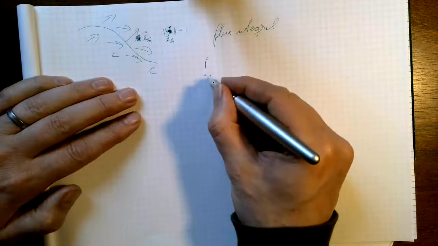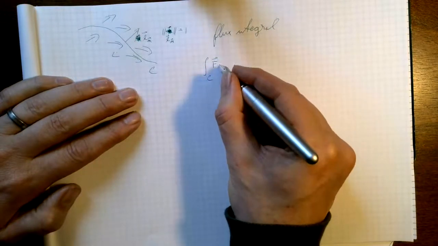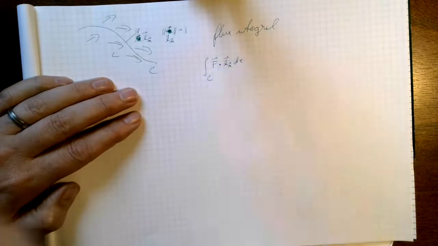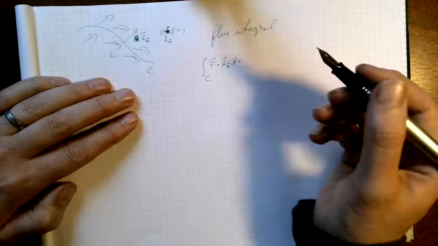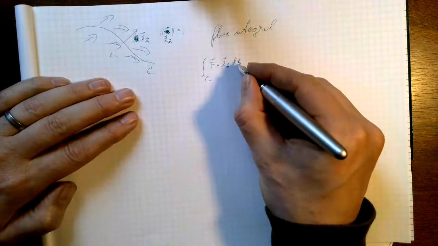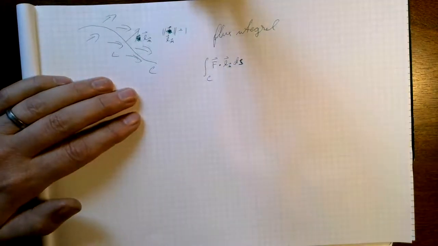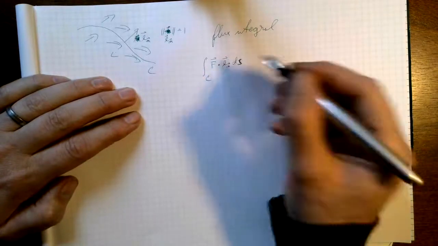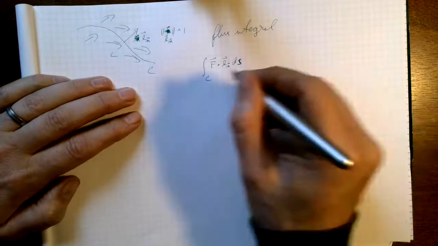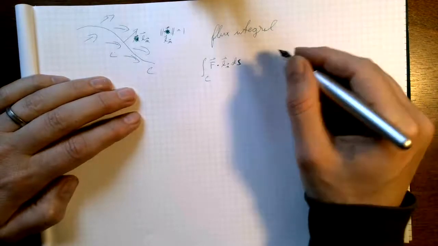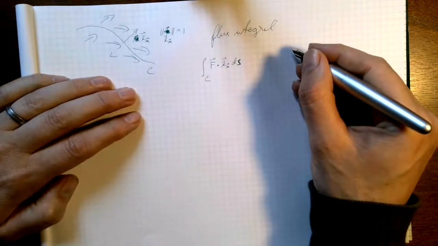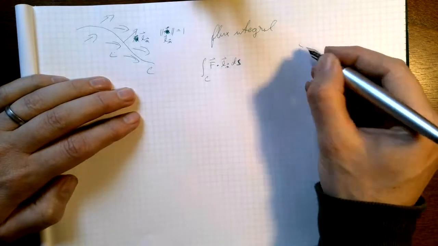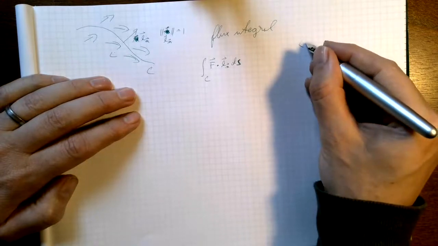The flux integral is F dot e_n, right? ds. We haven't yet parameterized it, right? So now the thing is we need to figure out what e sub n is, right? So there's 2 choices. One way, and I guess that's the way I've written the notes, I assume that's the direction that the